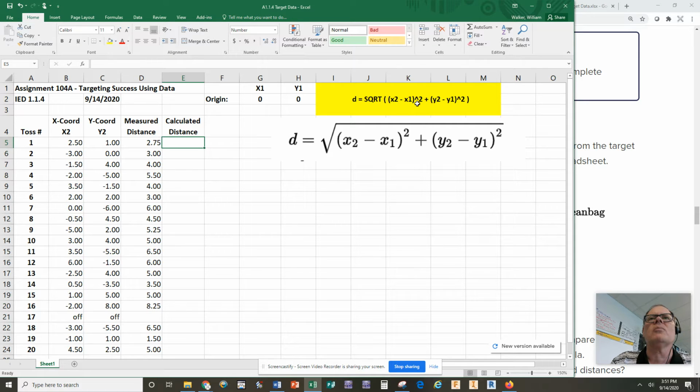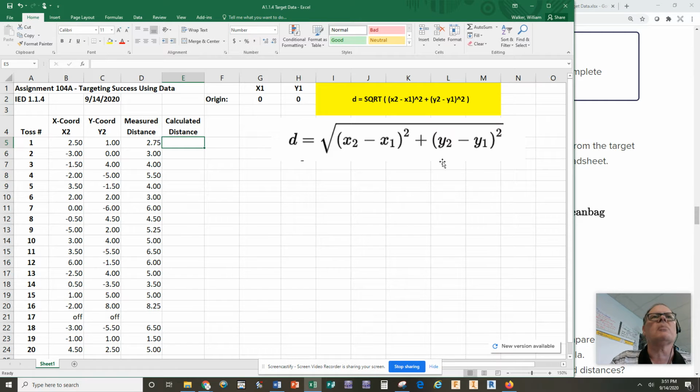The caret symbol, which is the upward looking arrow, that's called a caret, C-A-R-E-T, and it's found by doing Shift 6 on your keyboard. So this reads as the square root of x2 minus x1 squared plus y2 minus y1 squared,